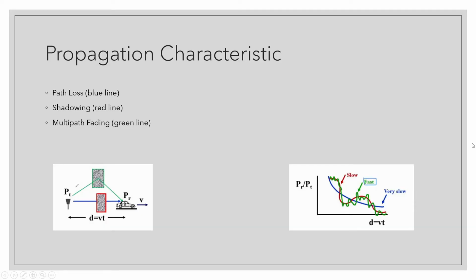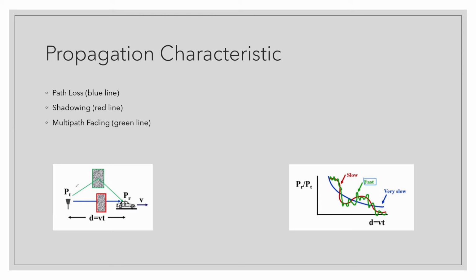What actually is propagation? Propagation is how the signal propagates from transmitter to the receiver. There are propagation characteristics. The path loss is represented by the blue line. The path loss itself is the fall off relative to the distance, and there is shadowing, which is represented by the red line. Shadowing is random fluctuation due to obstruction, and the last one is multipath, which is flat and frequency selective